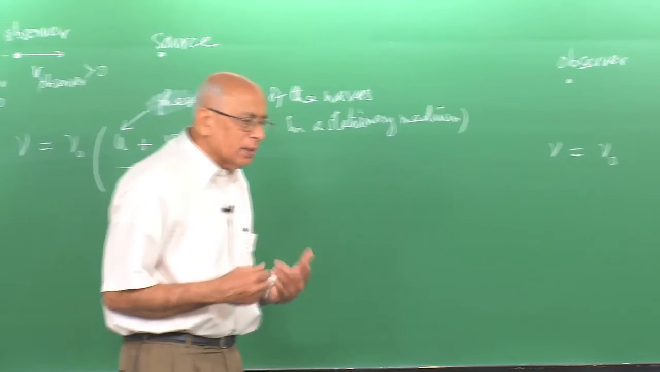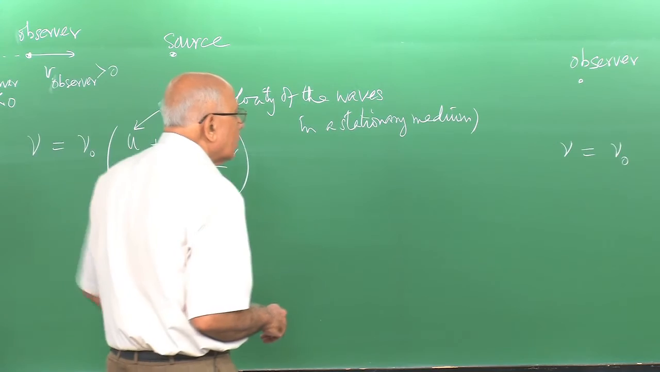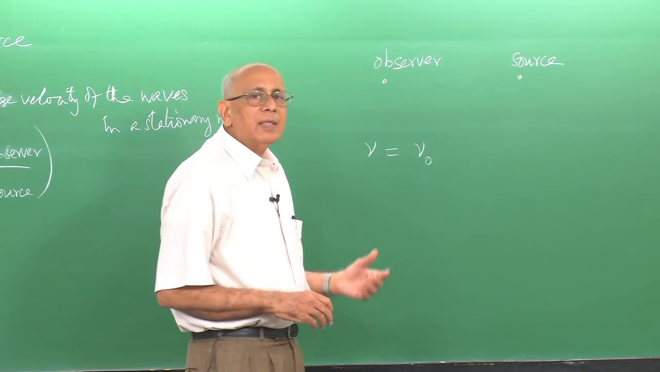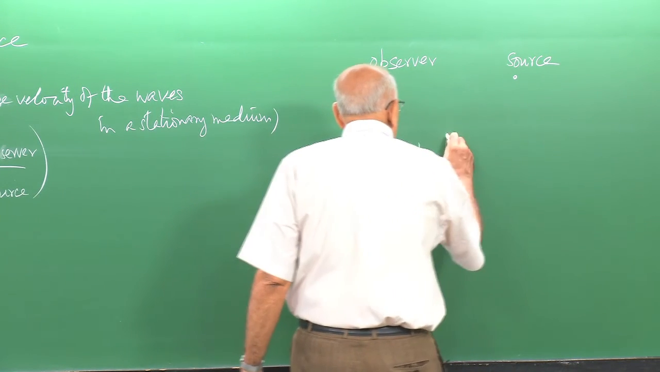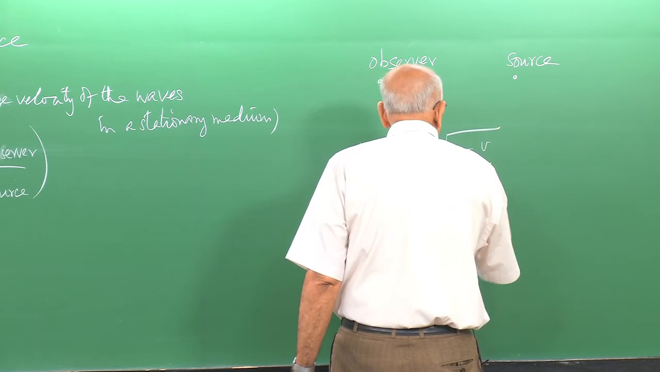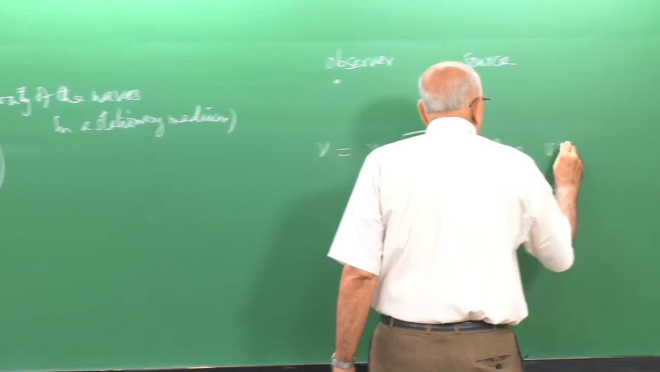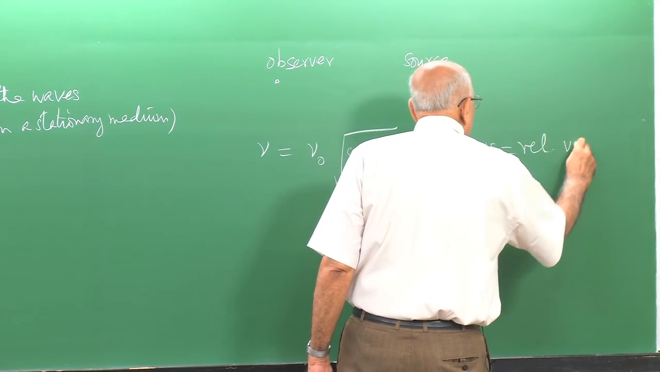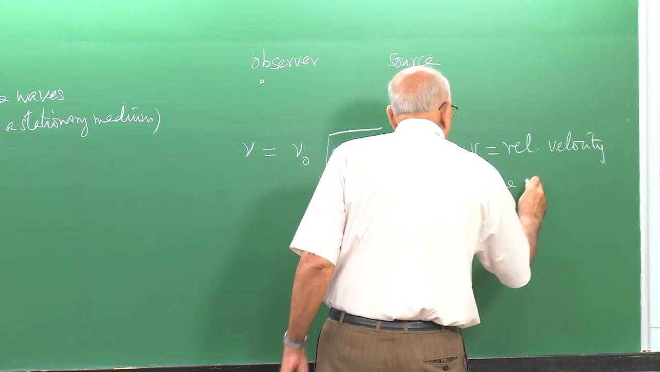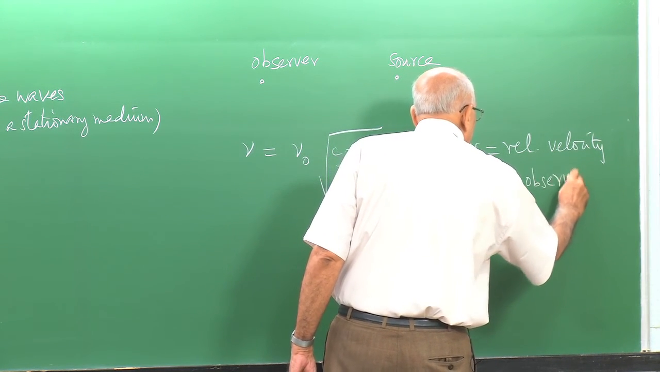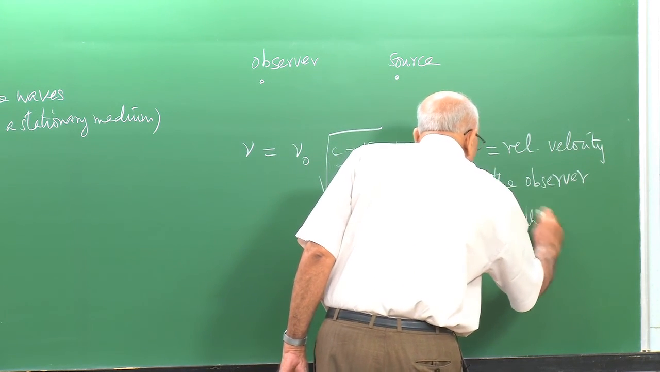When you put these corrections into account and put the special relativistic corrections into account, this formula does not hold good anymore. We have a formula that is symmetric about whether the source moves or the observer moves, and this formula is (c minus v) divided by (c plus v), where v equals the relative velocity of the source or of the observer with respect to the source,